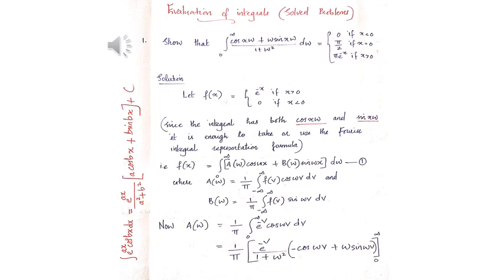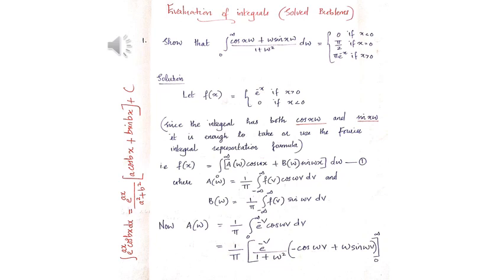So we have to take a continuous function. For x greater than 0, the value is pi e raised to minus x, and for x less than 0, it is 0. So let us take f of x as e raised to minus x for x greater than 0 and 0 for x less than 0. Let us avoid the constant and take only the varying part. It is better to leave the constant and take the varying function. So we have taken here f of x is equal to e raised to minus x. Now we can apply our Fourier integral representation formula.